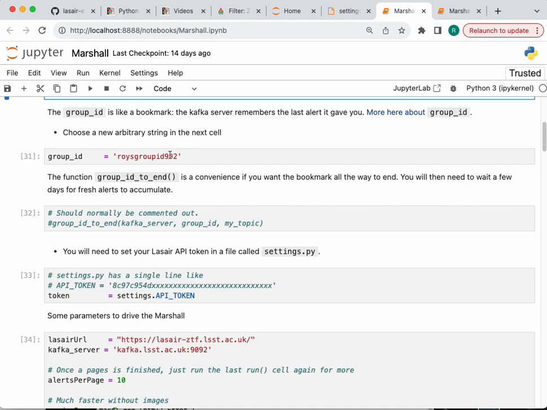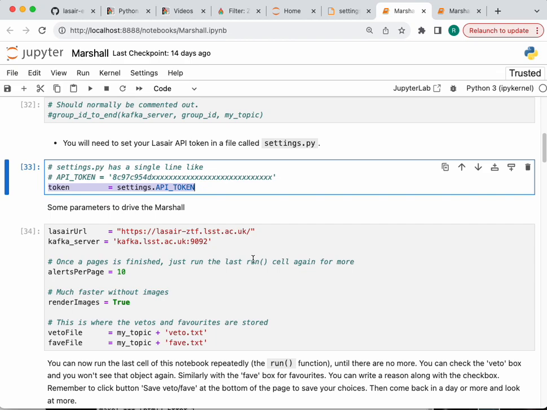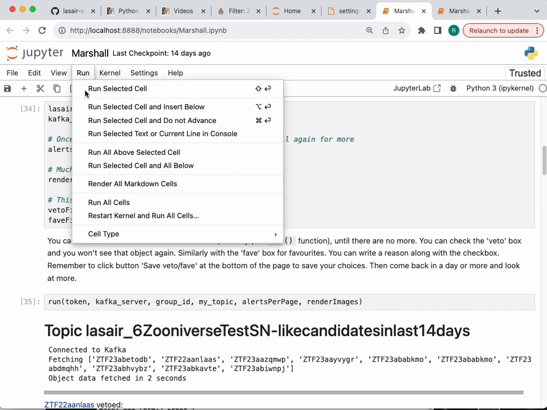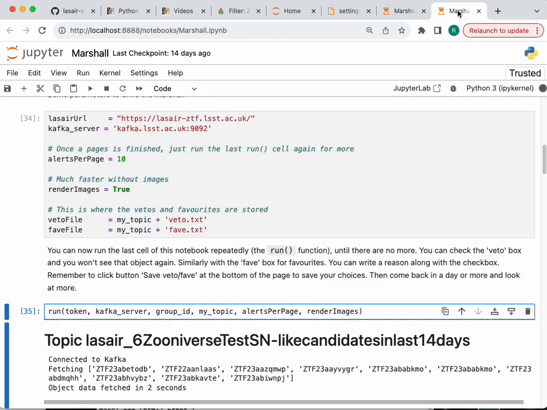So having put in the topic and the group ID, and here is your token from the settings file, you can change the number of alerts per page. It's faster if you don't render the images, but obviously not as pretty. Now choose Run All Cells, and you can see over here that it's working away, 4, 5, 6 seconds. It's fetching all of these images and data from Lasair. But here I have one that's already finished,